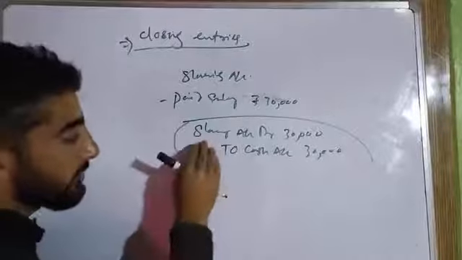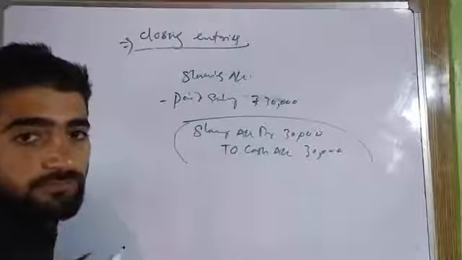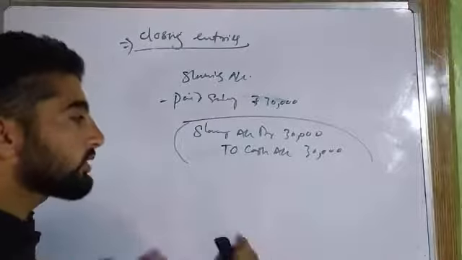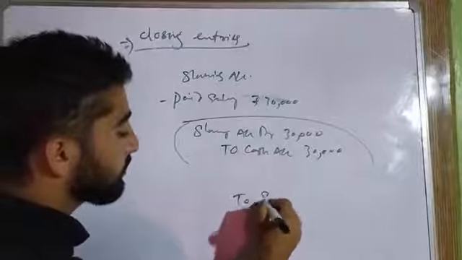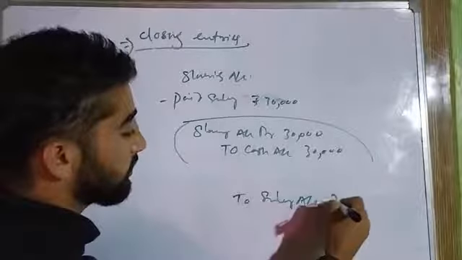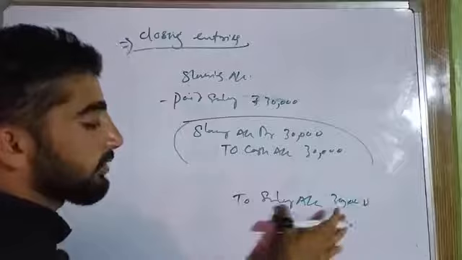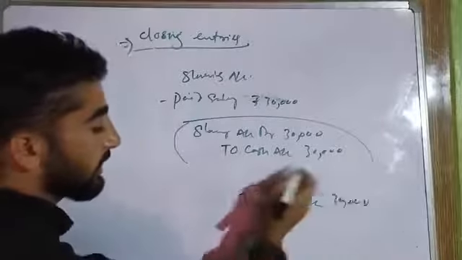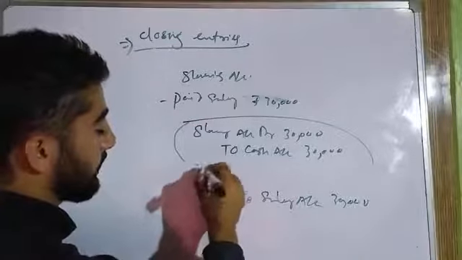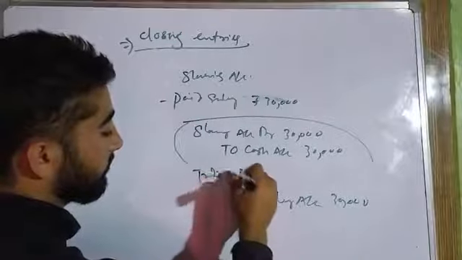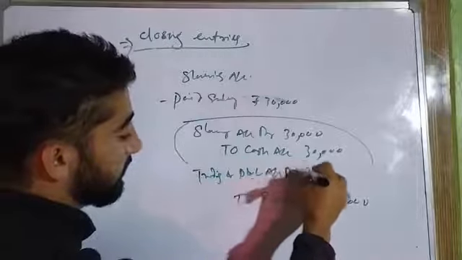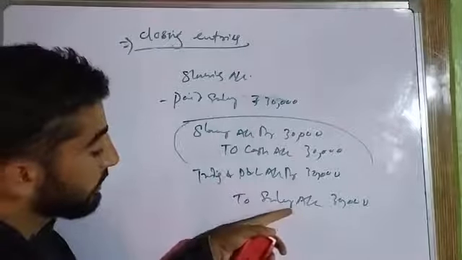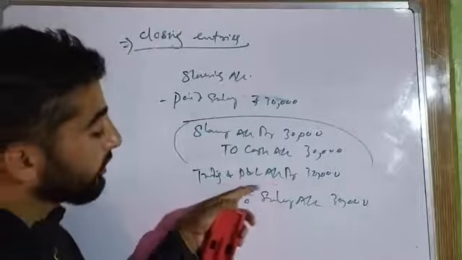Earlier, we have given debit to the salary account. Now, in order to close it, we will give credit to salary account 30,000. That means salary account is closed. And we have to transfer its balance to which account? Trading and profit and loss account. Debit rupees 30,000. That means we transfer the balance of salary to the debit side of trading and profit and